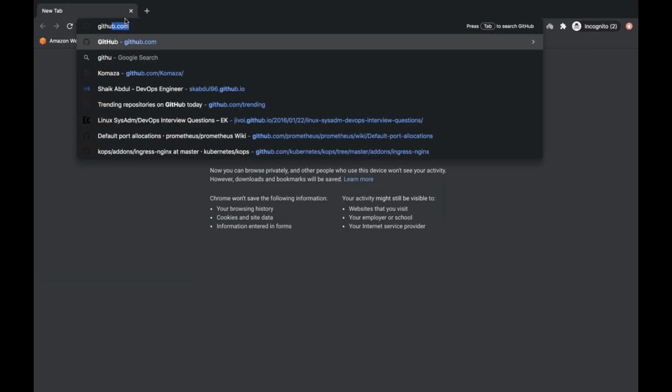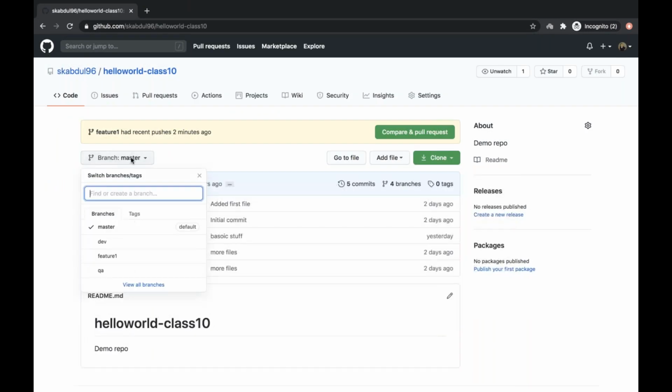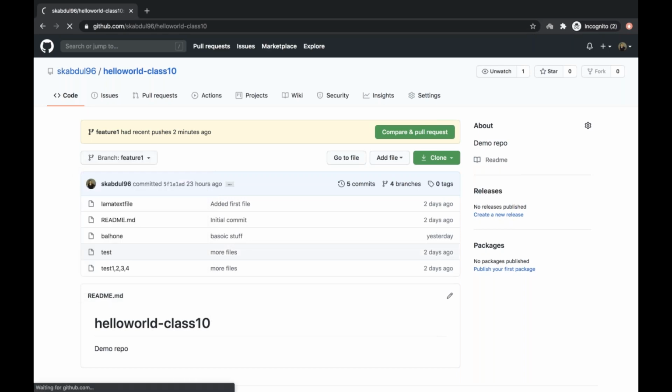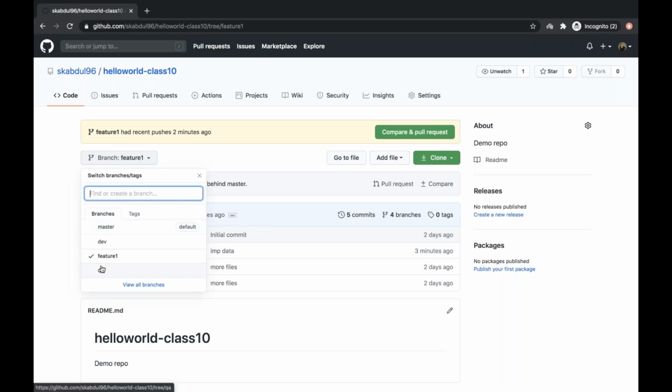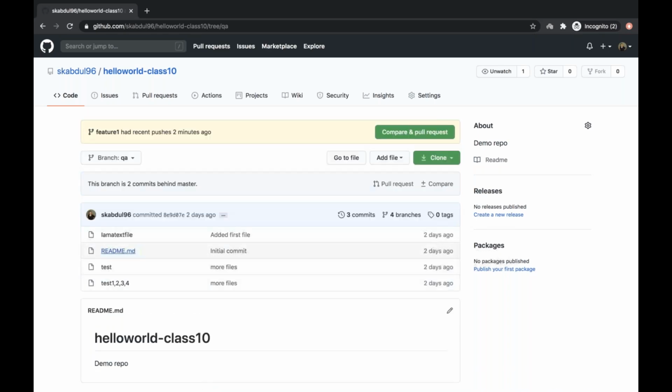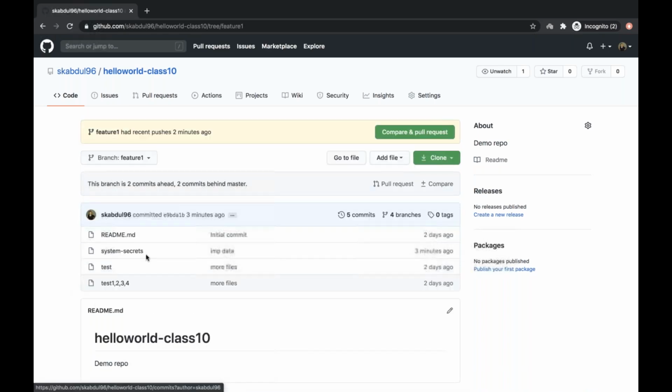Okay, you check, you have 4 branches now. I'm in my feature branch, which contains system secrets. But if you check my QA branch, I don't have that secrets file. Now, consider not just one file, all the code that is there in the feature branch